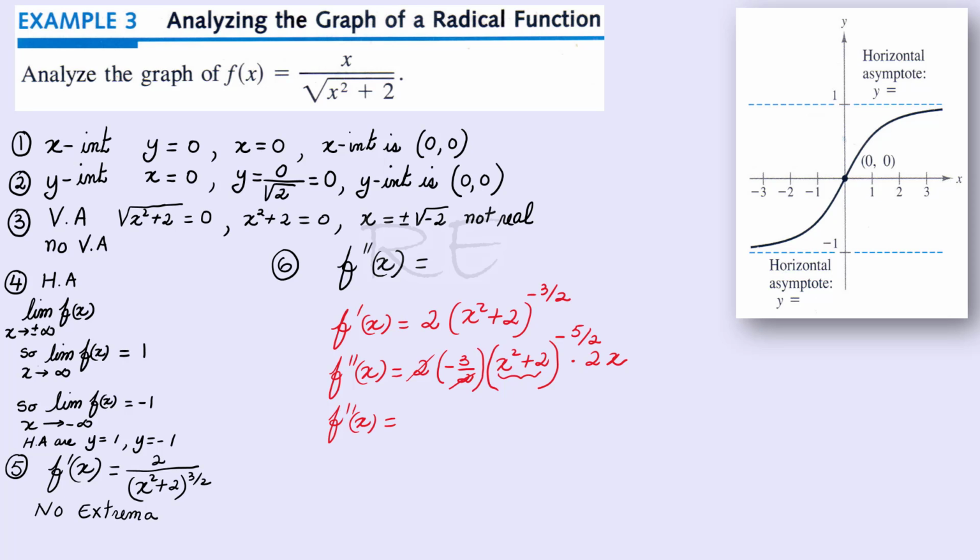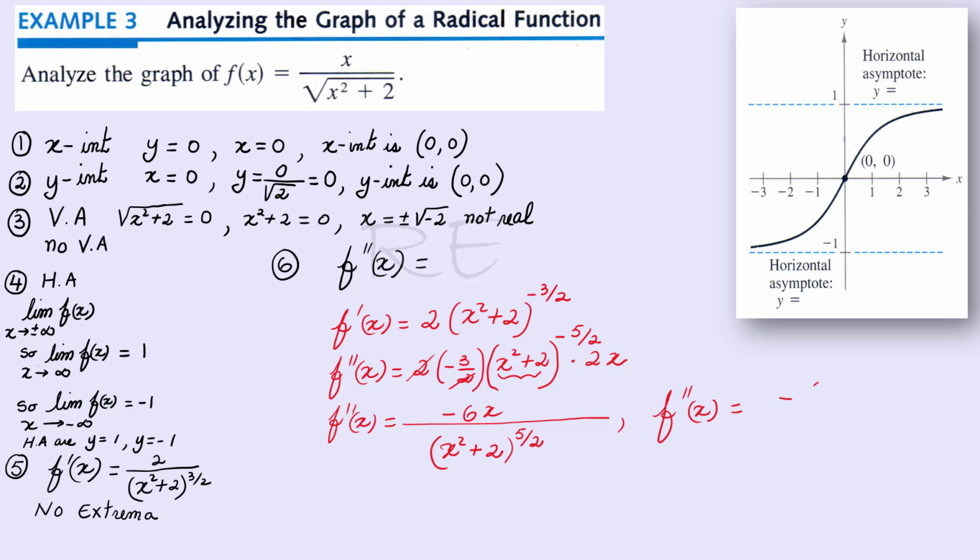Simplify by 2. We'll get negative 3 times 2x, negative 6x as the numerator. We kick the negative exponent to the denominator, (x squared plus 2) to the positive 5/2,